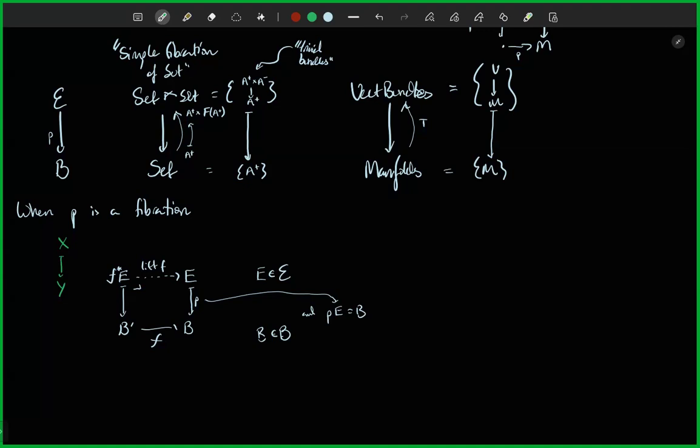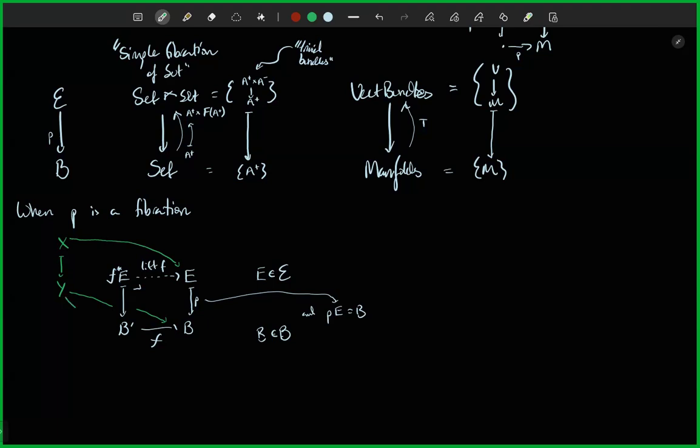So for any other bundle like this, I'm writing this maps to because we don't a priori know that everything in E is actually functions in some other kind of category. But in general, this looks like a bundle. These diagrams look like the correct diagrams when they are actually maps. And for any map of bundles into here, which is X into E,